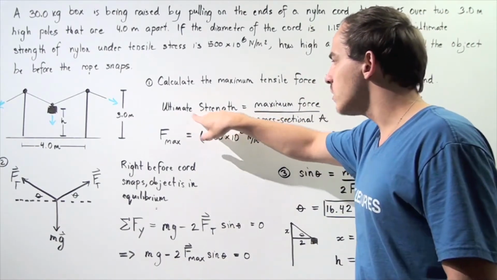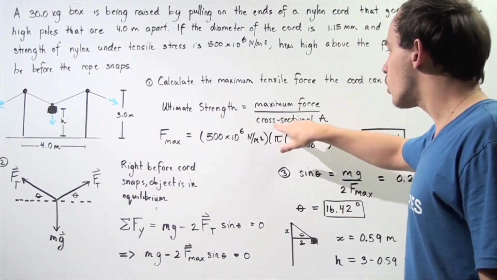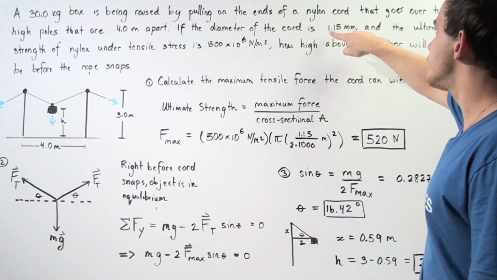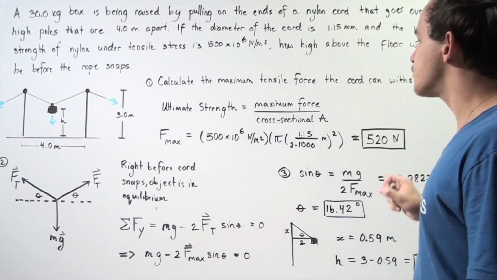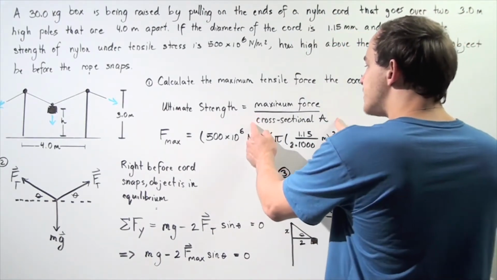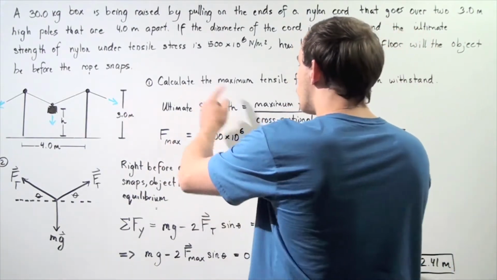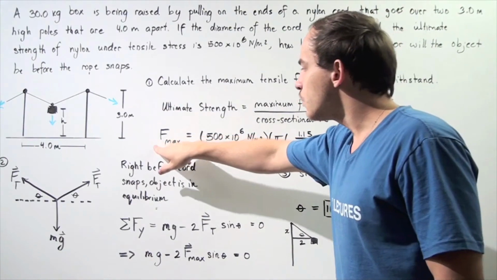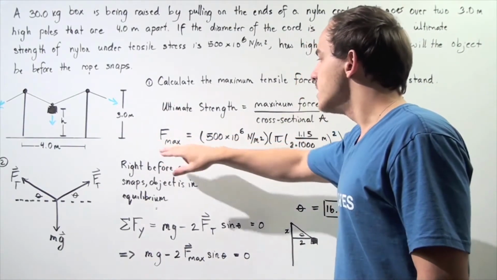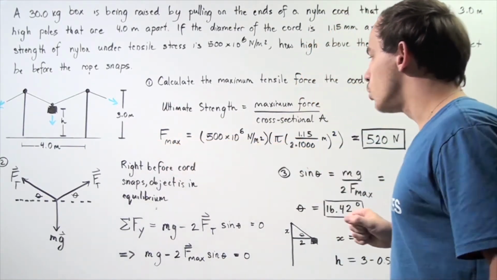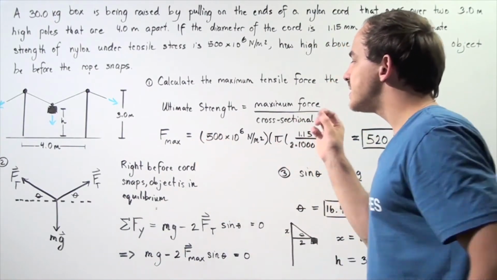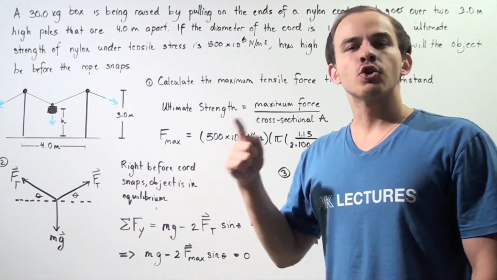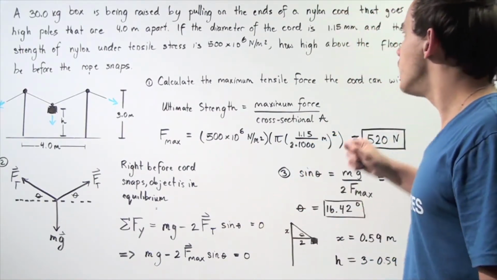So we know what the ultimate strength is, and we know what the cross-sectional area is, because we know our diameter is given to be 1.15 millimeters. So if we bring the cross-sectional area to the left side of the equation, we can solve for the maximum force. So force maximum is equal to 500 times 10 to the 6 newtons per meter squared multiplied by the cross-sectional area of our